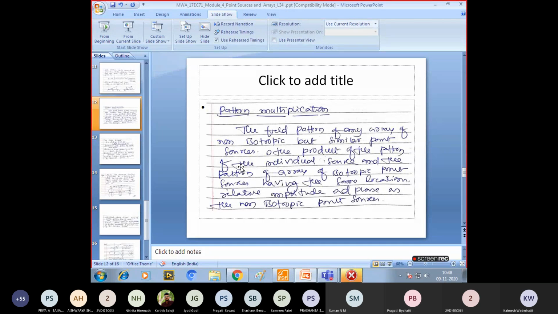Okay, radiation. The total pattern of any array of non-isotropic but similar point sources is the product of the pattern of the individual source and the pattern of the array of isotropic point sources having the same location, relative amplitude, and phase as the non-isotropic point sources. Understand here, the total field pattern of an array of non-isotropic but similar sources is the product of the individual source's pattern and the pattern of